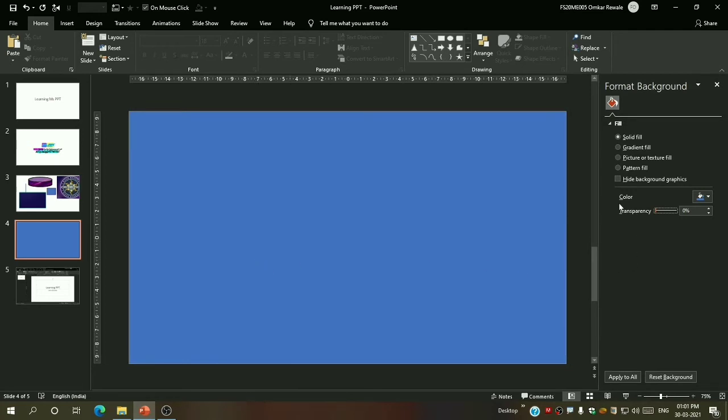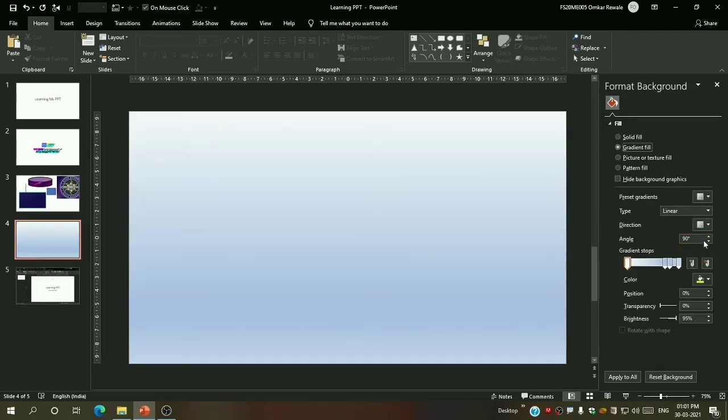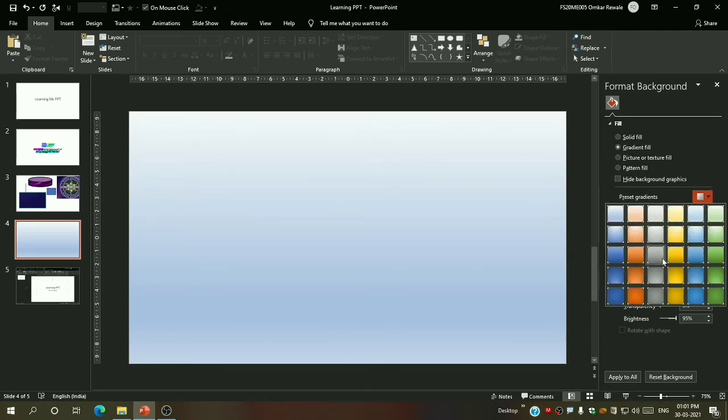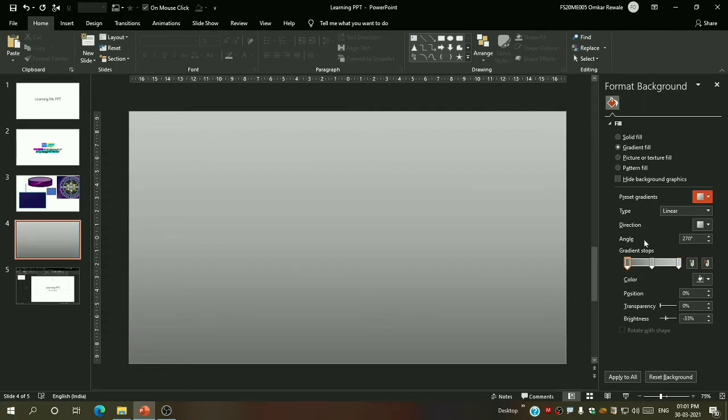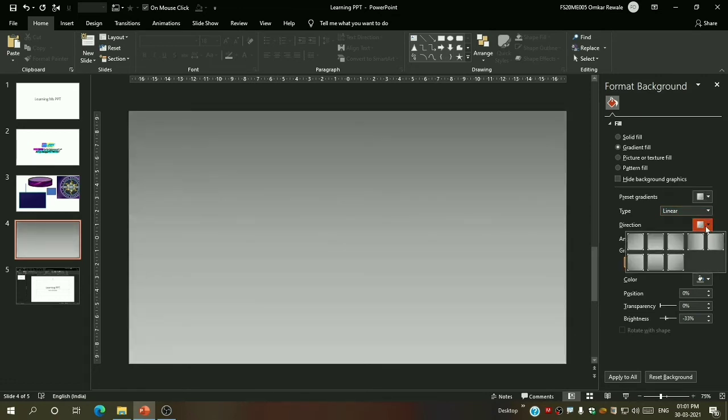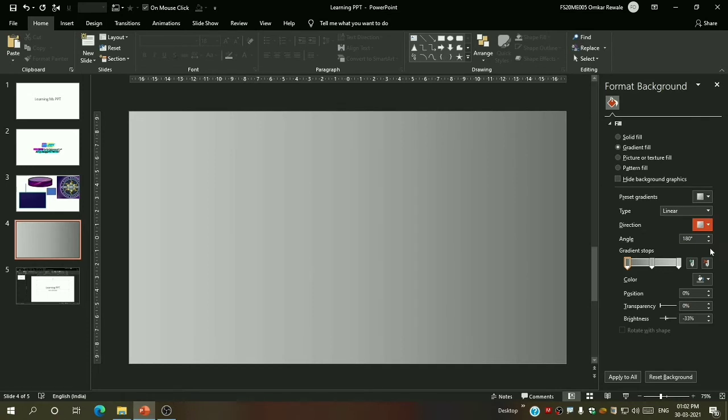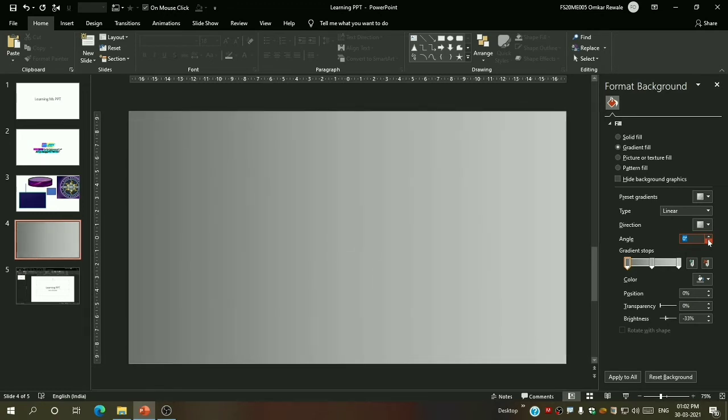Okay. So then gradient fill, now you again know this. Well, there are 5 types of gradient fills, and these are the preset gradients which are the default ones. Then let us first discuss linear. You can see many directions are provided for these gradients, and as you click on that it changes. Now angles are also provided. You can see as I change angles the gradient is changing.